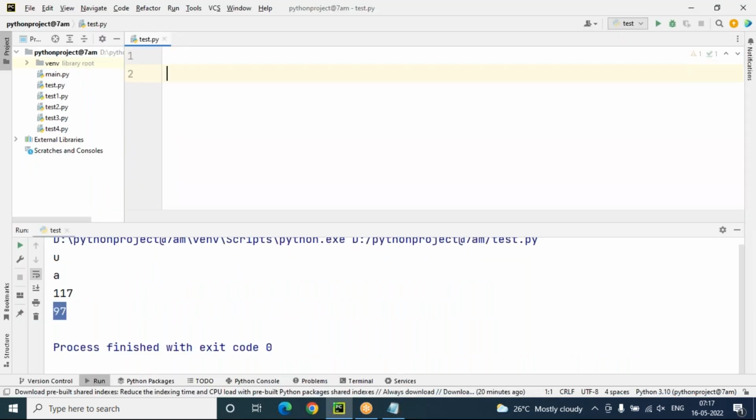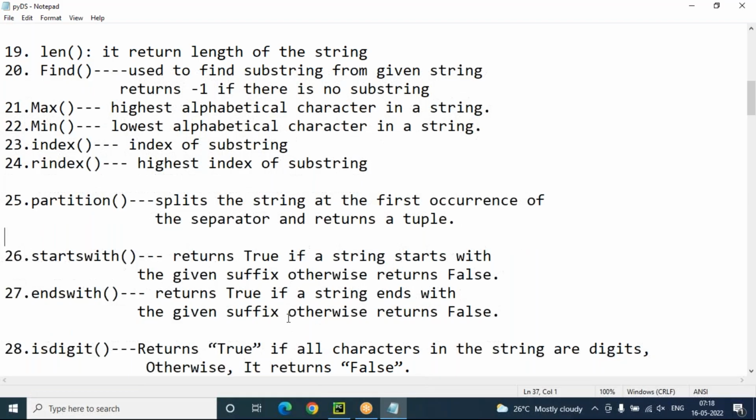Let me do the partition function. Suppose here I'm taking my string s equals to "Python is very easy, and it is object oriented programming." Now I'm trying to do s dot partition, and I'm going to give the separator as "is". Now you can see "is" is there here, and here also. In both cases,